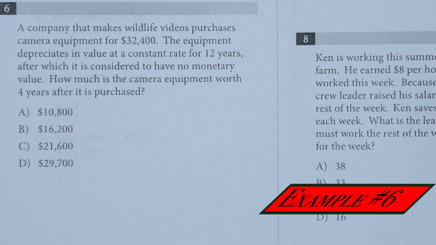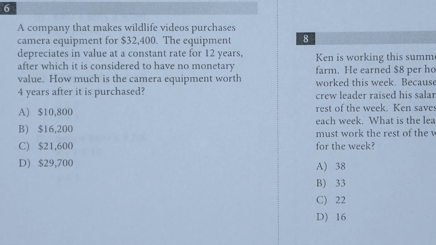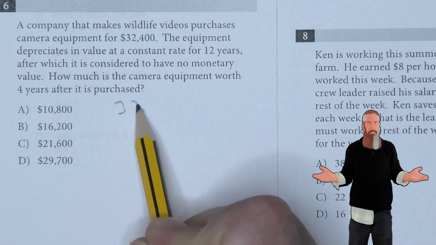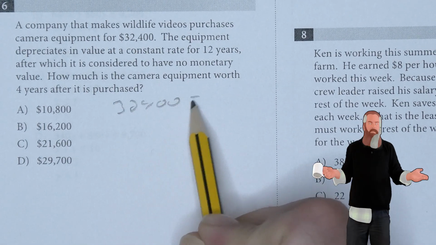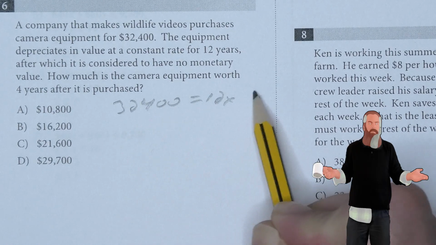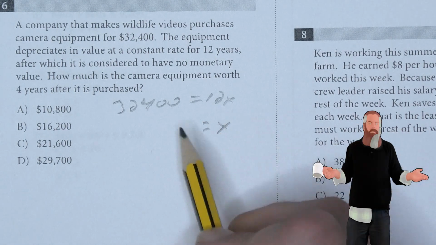A company that makes wildlife videos purchases camera equipment for $32,400. The equipment depreciates in value at a constant rate for 12 years, after which it is considered to have no monetary value. How much is the camera equipment worth 4 years after its purchase? So we're going to write a very simple equation starting out where we take 32,400 and make that equal to 12x. Now this is a y value and there's no b because at that point there would be 0. This means that its linear depreciation is